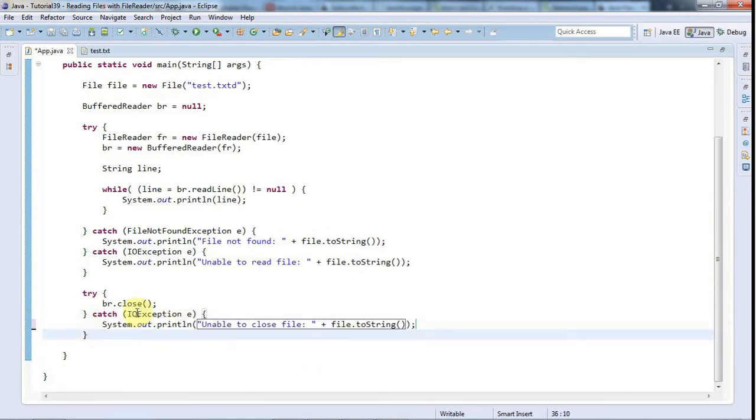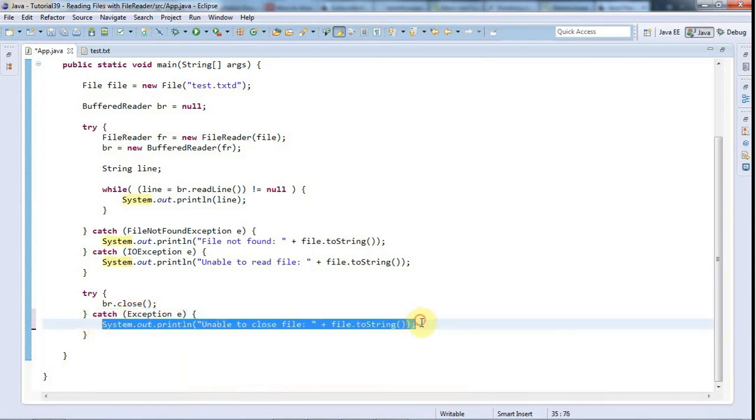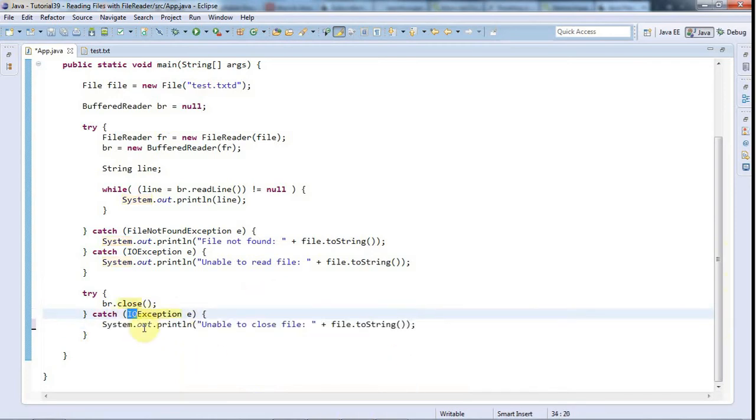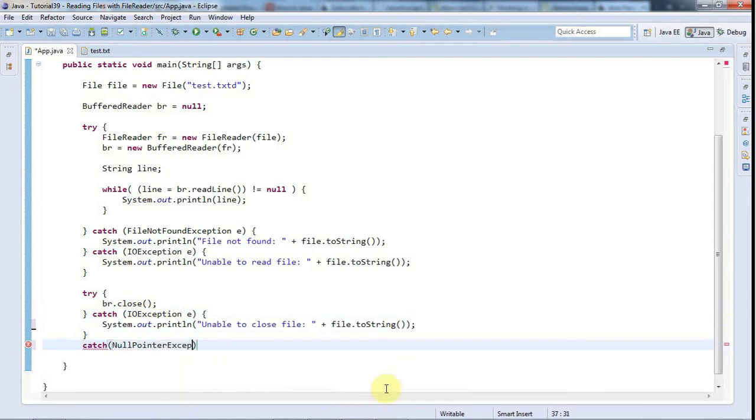And now we could change this to exception, and because if we throw a null pointer exception, if we had this just like this, it would be caught by this as well. But then it would be wrongly saying unable to close file, when in fact the problem was the file could not be opened. So let's not do that. Let's just go here, put another catch in, catch null pointer exception X,